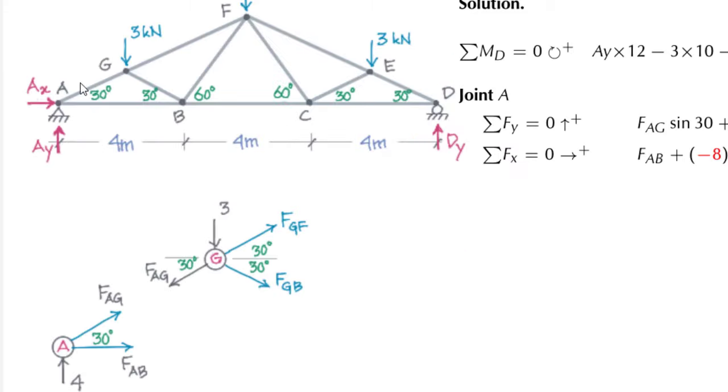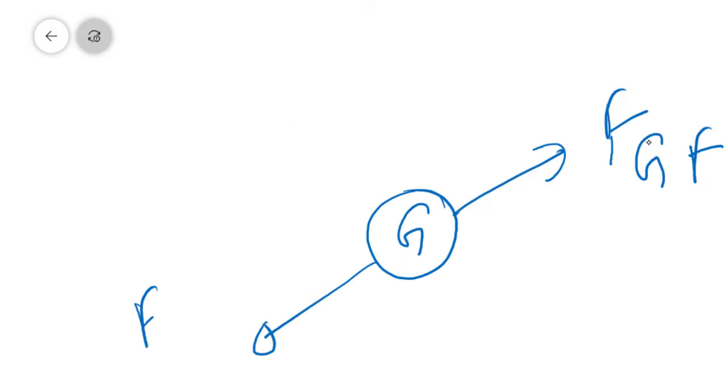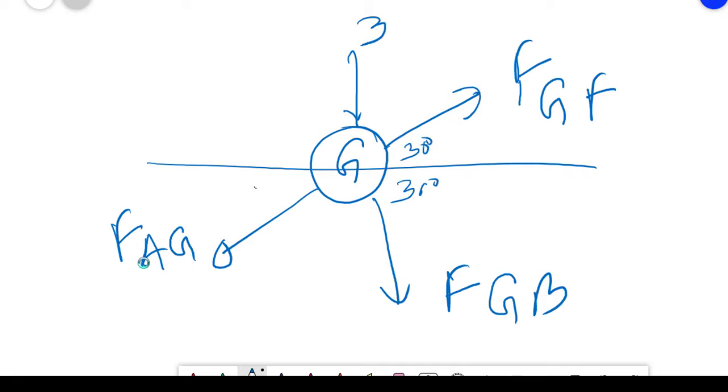So that is how we got it. As this is 30 degrees, if you draw a line, this will be 30 degrees, and this is 30 degrees, so this angle will also be 30. So as this is 30, the opposite angle is 30. Now you have to divide the forces into components. So FAZ, what will happen? Let me draw here. This is FGF, this is FAZ, this is FGB, and if you draw a horizontal line and the vertical direction, this is 3, this angle is 30 degrees, this is also 30 degrees, and this is 30 degrees.